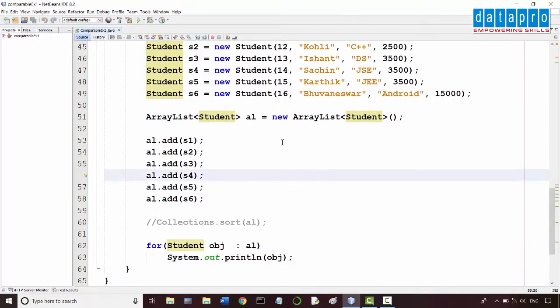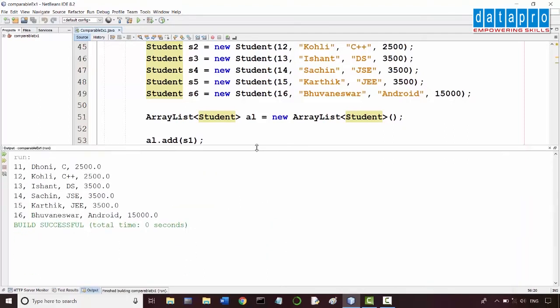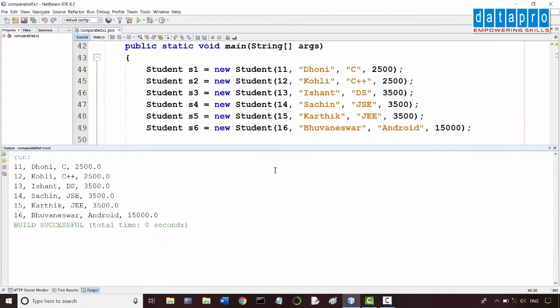Let's see what the output would be at this moment. Yes, the output is displayed in the same order that we have added the objects into the collection.